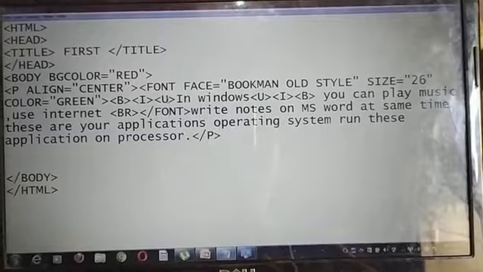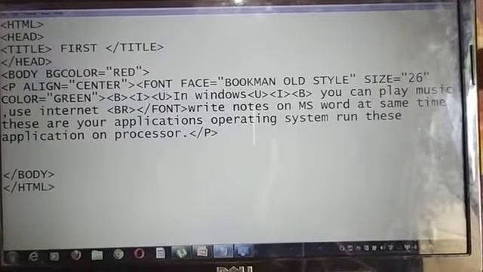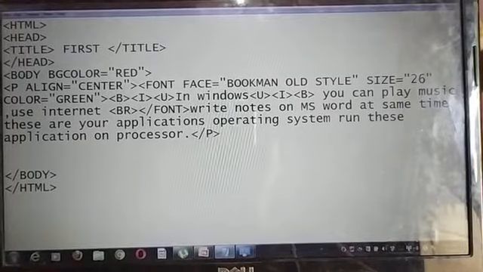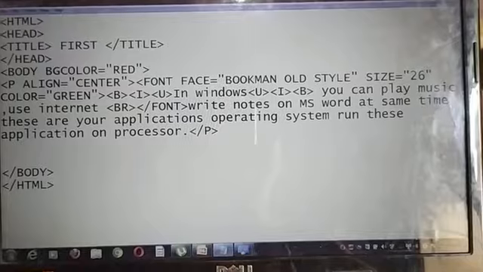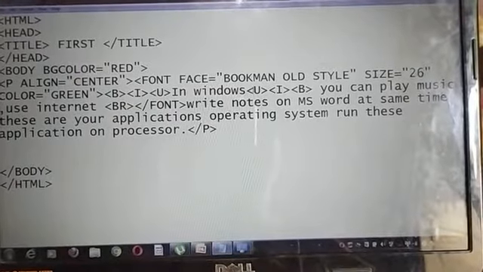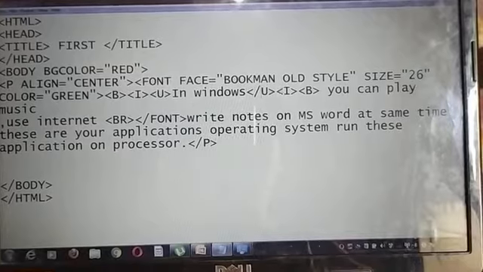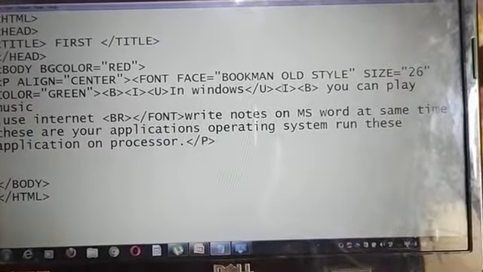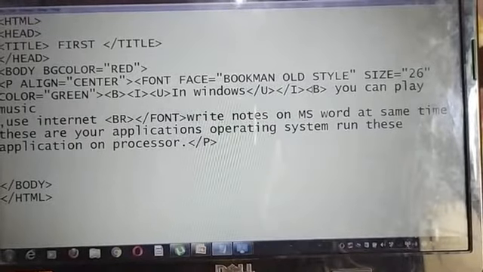Remember the ordering. If you are using more than one tag together, like here I am using 3 tags B, I and U, whatever the last tag is, that will end first. So here it should be /U, then here /I, and then /B.